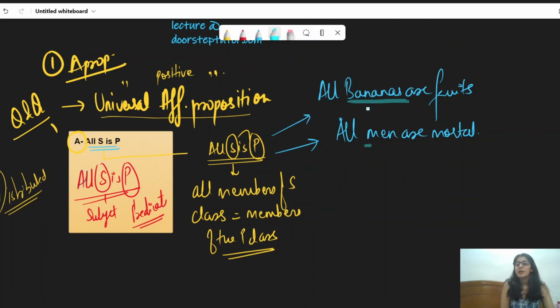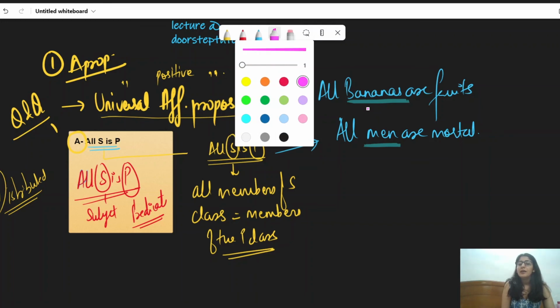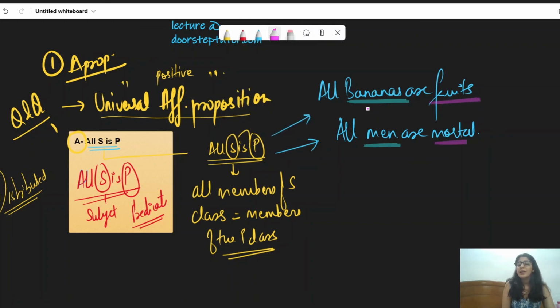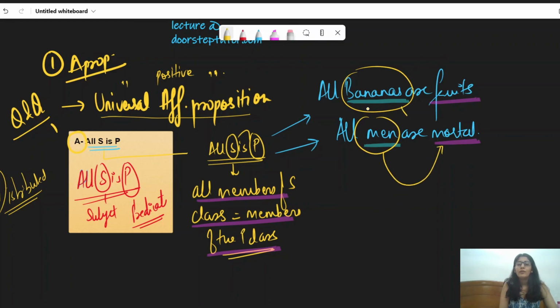Banana is the subject term. Men is the subject term. And what is the predicate term? The predicate term is fruits. The predicate term is mortal. Now, I'm saying here that all members of the S class are also members of the P class. So what does that tell us? That basically tells us that when we are discussing the universal affirmative proposition here, every member of the subject class is also a member of the predicate